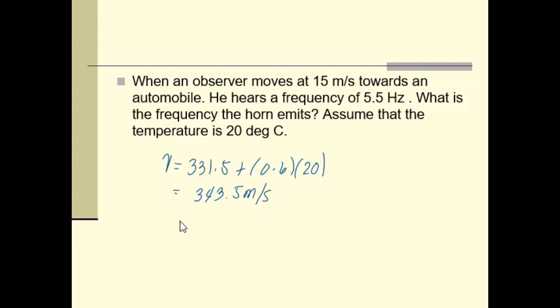If the observer moves, we have a formula wherein we have f prime equals 1 plus the velocity of the observer divided by the velocity of sound, multiplied by the frequency. But we are looking for this. So let's derive f now: f is equal to f prime divided by 1 plus the velocity of the observer divided by the velocity of sound. We now have f